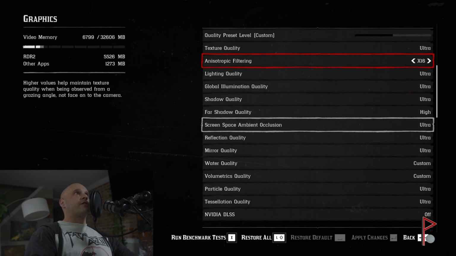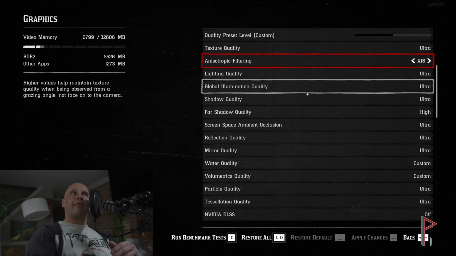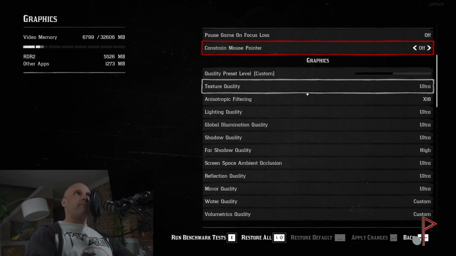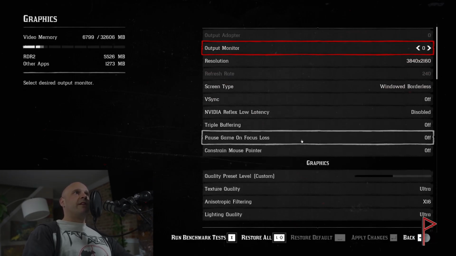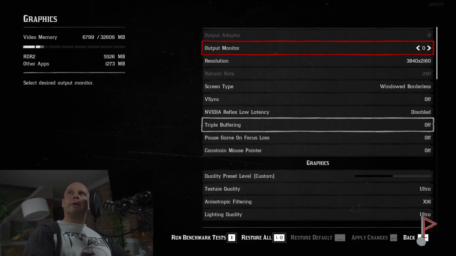So that's anisotropic filtering. Texture quality, I think, is pretty self-explanatory. That's the textures that go on top of your vertices and triangles. These are not really graphic settings. Triple buffering. So triple buffering is only useful for VSync and only useful in a certain type of VSync scenario